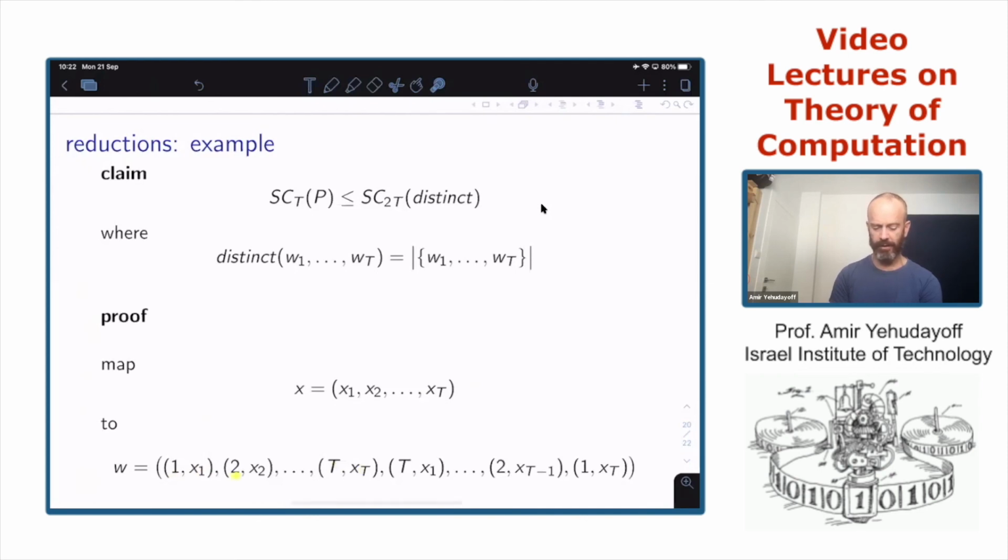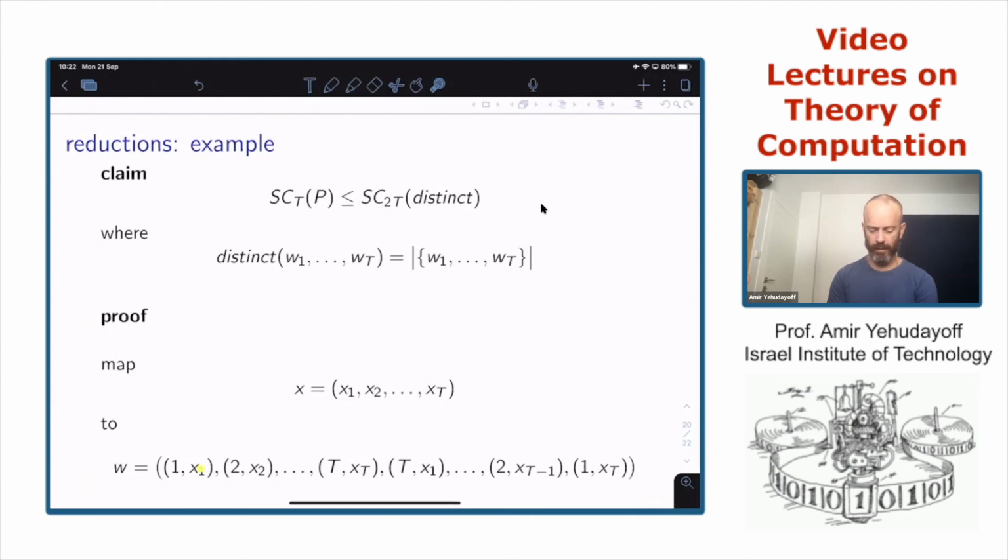This is the first half of W. And the second half of W is t xt, up to 2 x(t-1), up to 1 x1. So here the time is increasing, here the time is decreasing, and x appears in the same order.